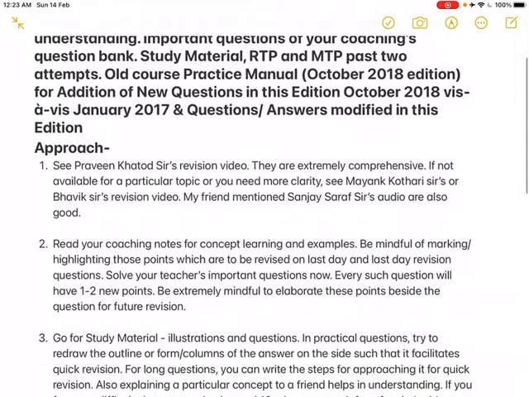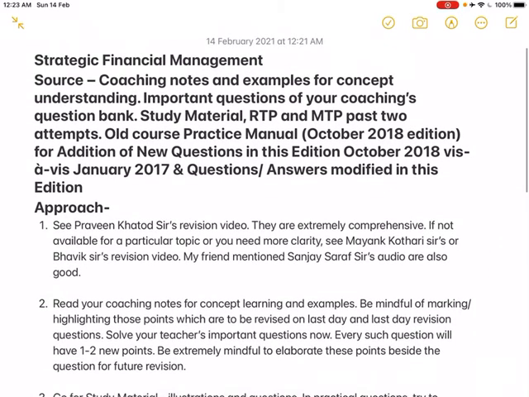In addition, the old course practice manual, October 2018 edition. You should be seeing two things in this practice manual. First is the addition of new questions in this edition vis-a-vis the earlier edition, and the questions and answers modified in this edition. This is because your coaching might have been of maybe 2017 or 2018, in which the teacher might